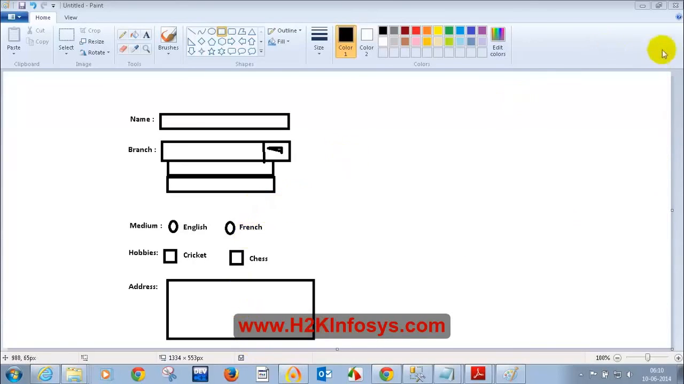I'll quickly summarize. Whatever you see here, this is a text box, this is a drop down